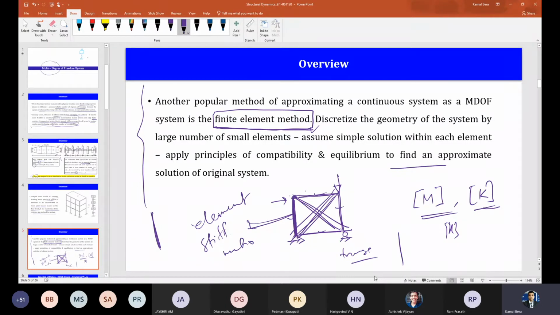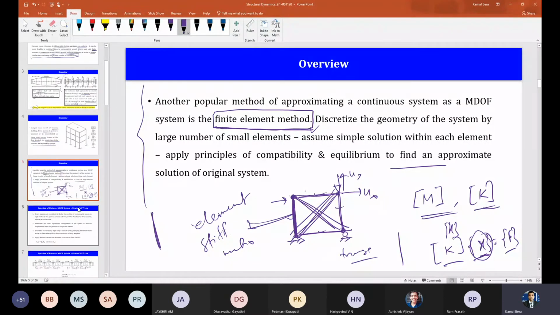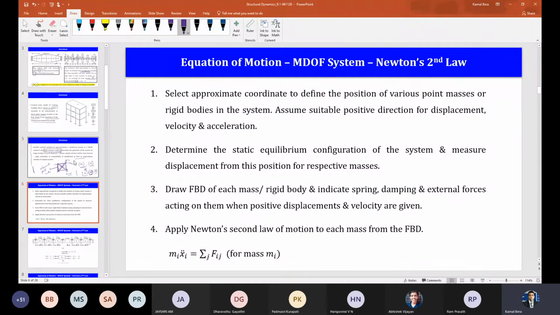Then we assemble them depending upon the nodal degrees of freedom. The joints are called nodes. For a 2D truss, there will be 2 degrees of freedom, that is u_x, u_y. Finally you form an expression like K x = F, the stiffness matrix times the nodal displacement equals the applied force vector, and solve it to find the nodal responses. But it will be too much if I go into that detail, and it needs a complete course. Anyway, we'll concentrate on what we are now discussing: how to derive the equation of motion for a multi-degree-of-freedom system using Newton's second law?